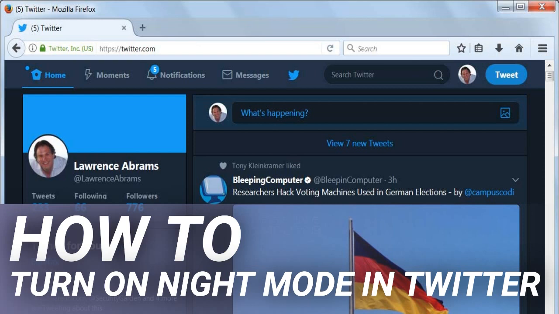While the below instructions show images from Firefox, the instructions will work the same regardless of the browser you are using. To enable night mode in Twitter desktop, just follow these steps. Start your browser and log in to Twitter. Once you are logged in, click on your profile picture indicated by the red arrow in the image below to